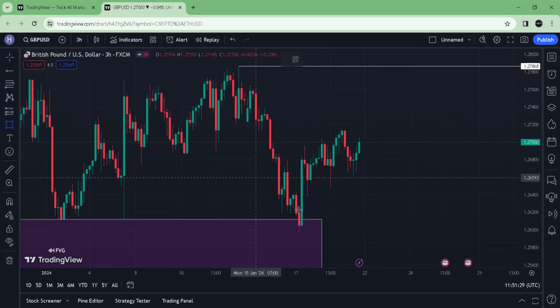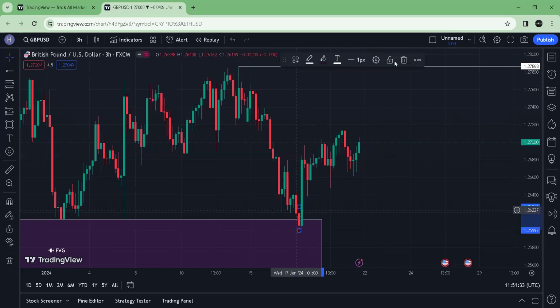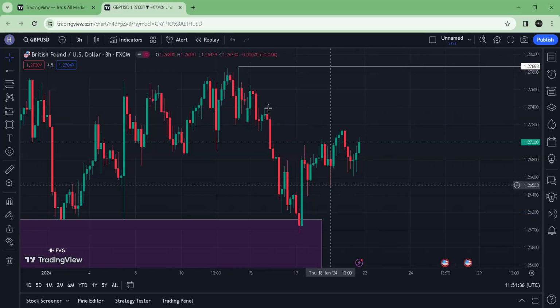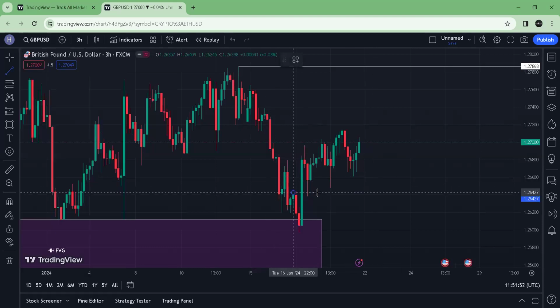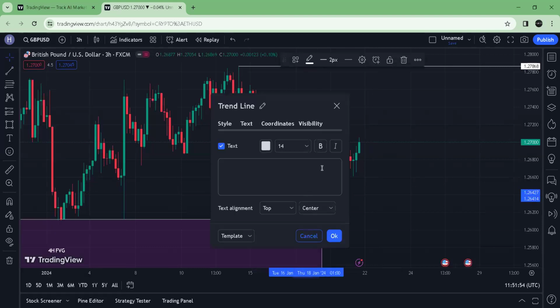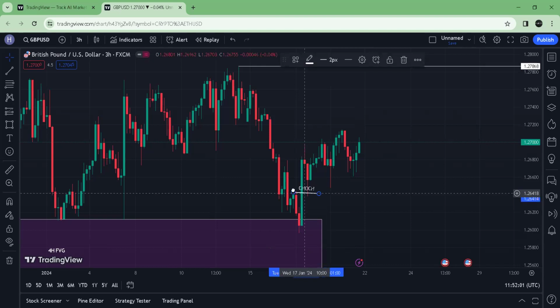What we can identify is this. Before we identify that, let's remove that. We see that price trended downwards, right? It was forming these highs and lows. Then this strong candle right here broke this last high. When that happens, we have a change of character, which indicates that the downtrend that price was on has ended,